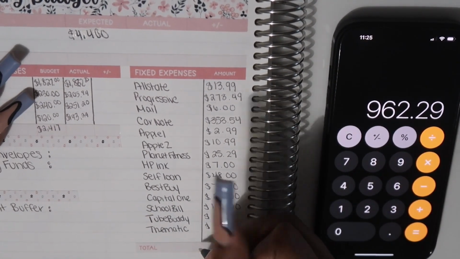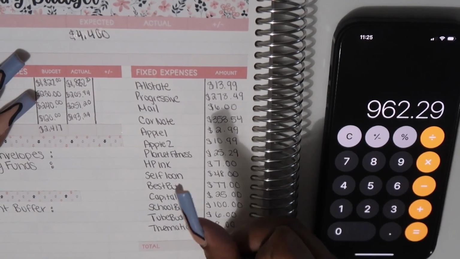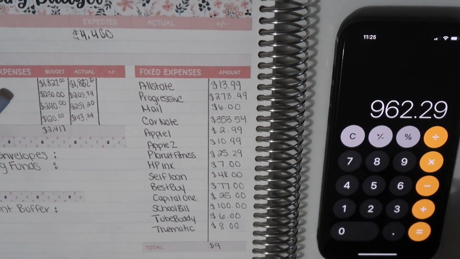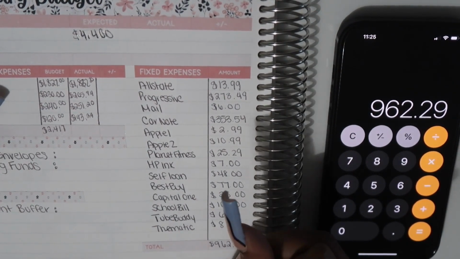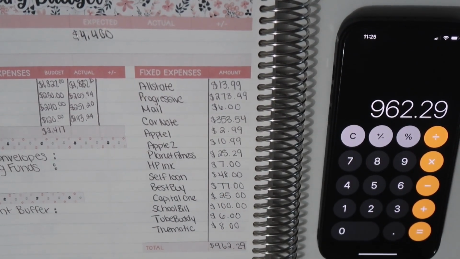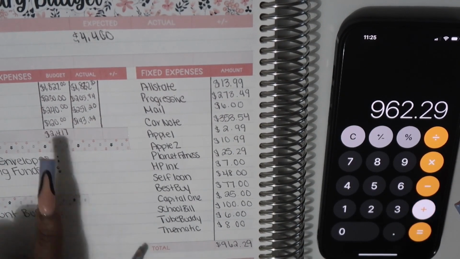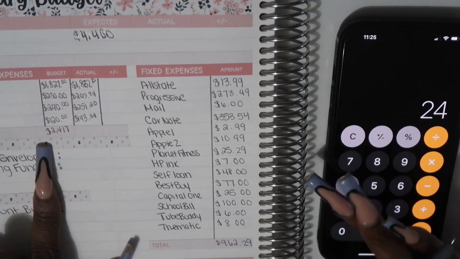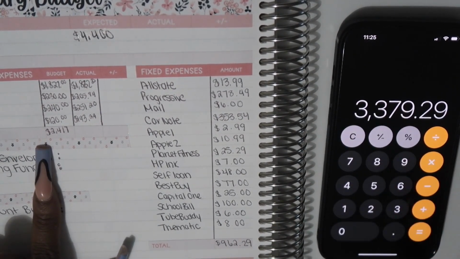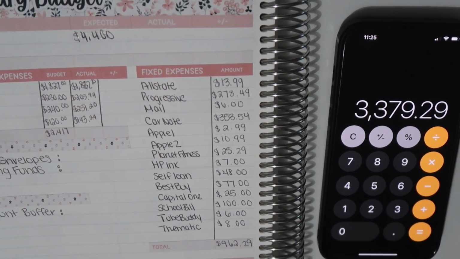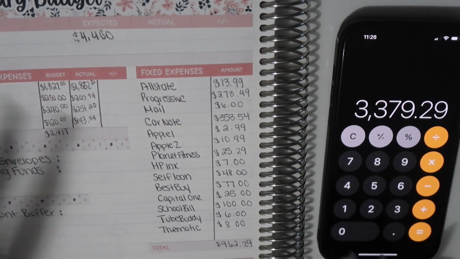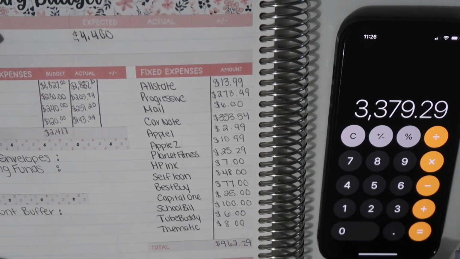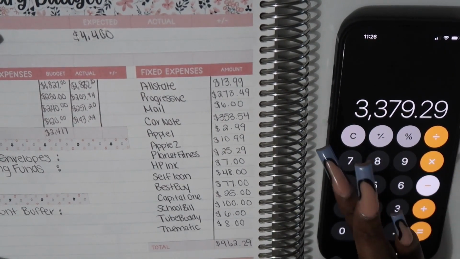So in fixed expenses, we spend $962.29 every month. So if I add that to my $2,417, we have a total of $3,379.29 that we budget every month for bills. And I typically take that from